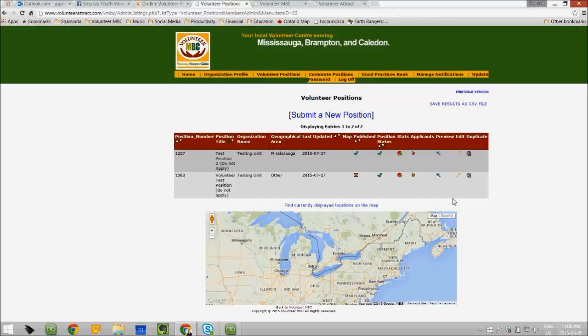And they are organized into three sets of information columns. So starting from position number to the organization name and going up to the geographical area are the volunteer position identification details. And each volunteer position that you post is given a unique volunteer position ID.